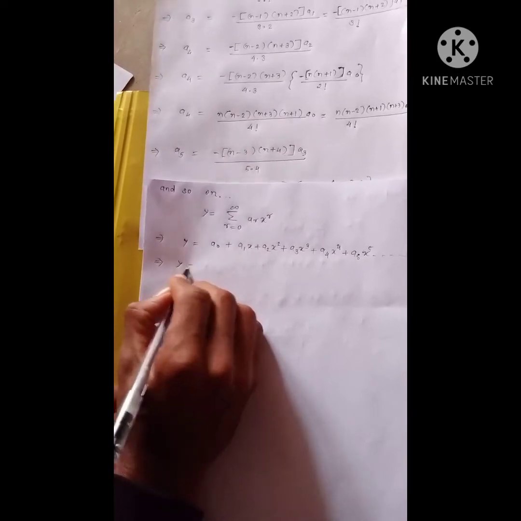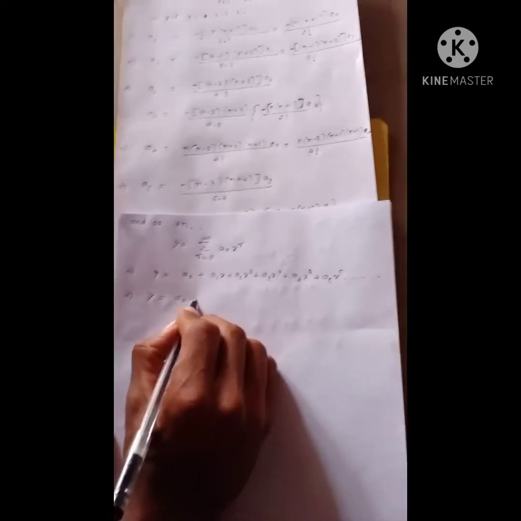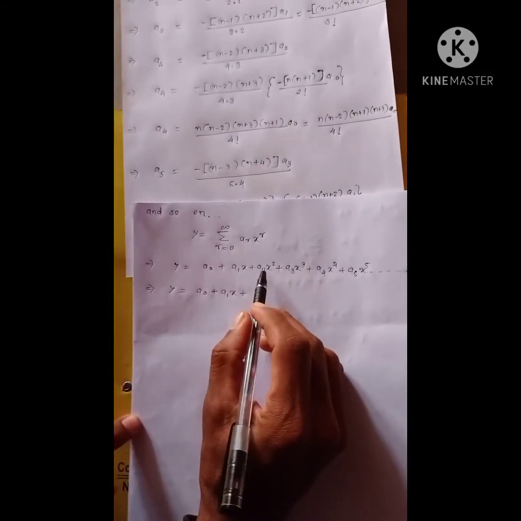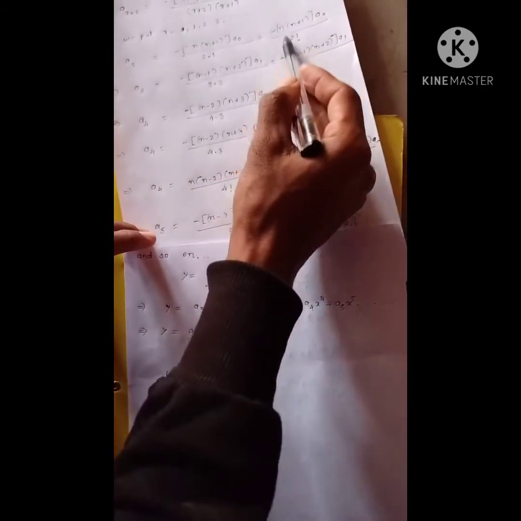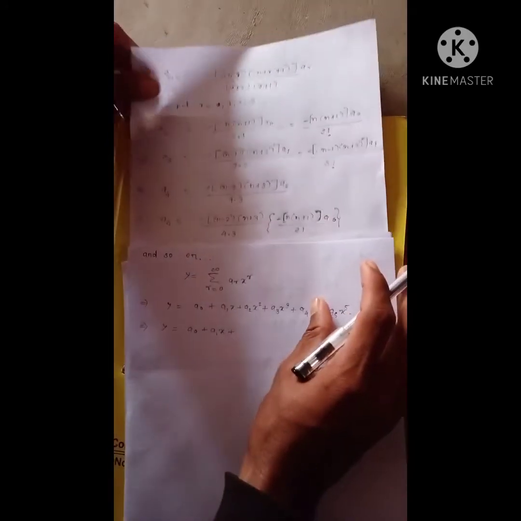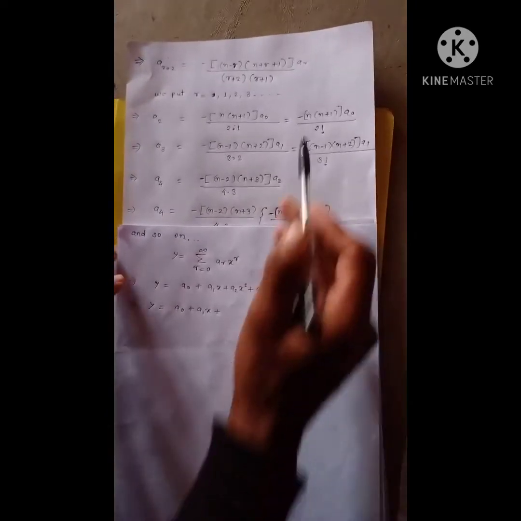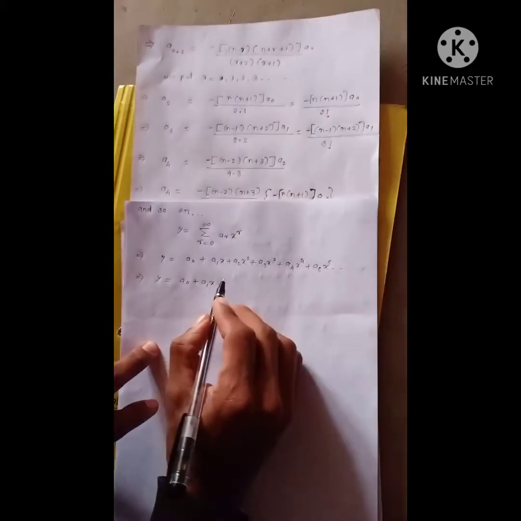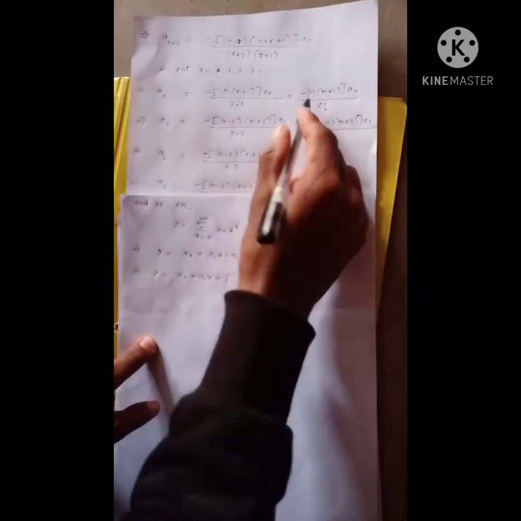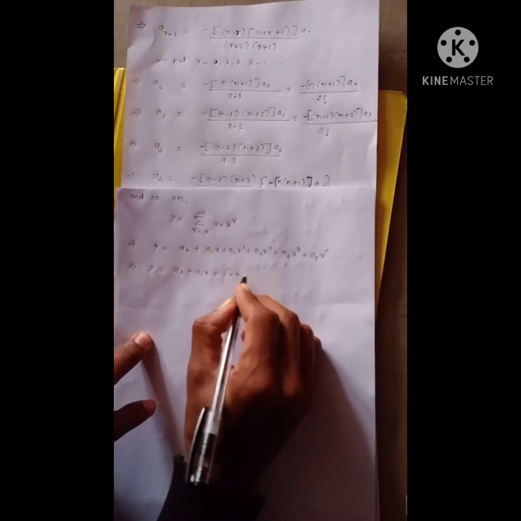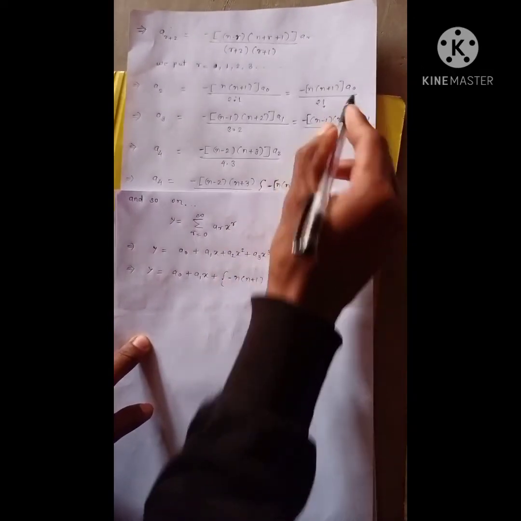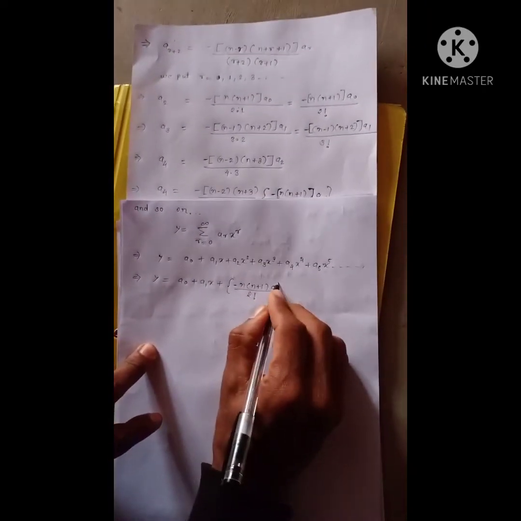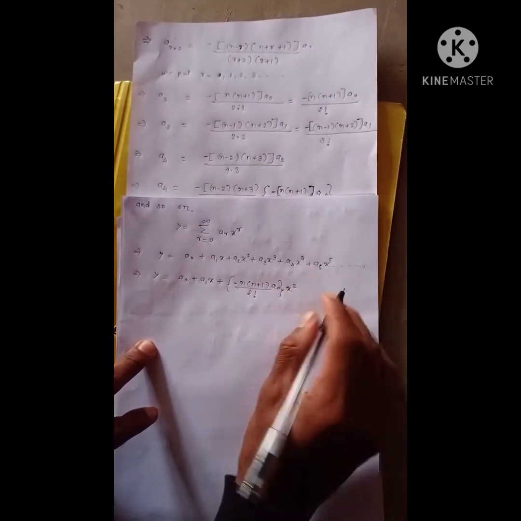Now y is equal to a0 plus a1x plus the value of a2. So this is the value of a2: minus n into (n plus 1) into a0 upon 2 factorial into x square,